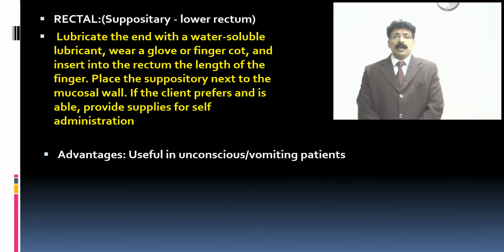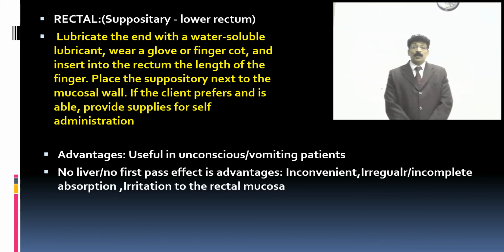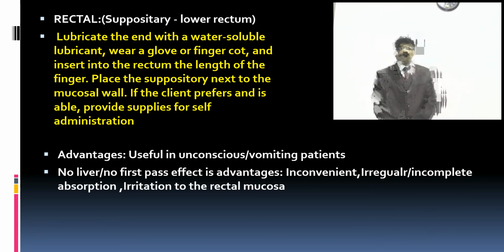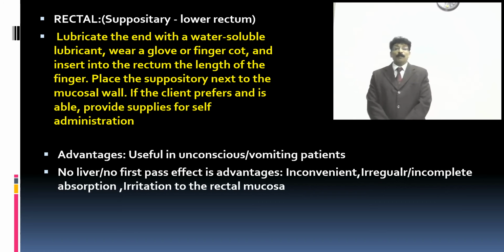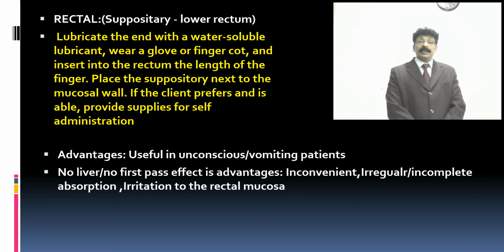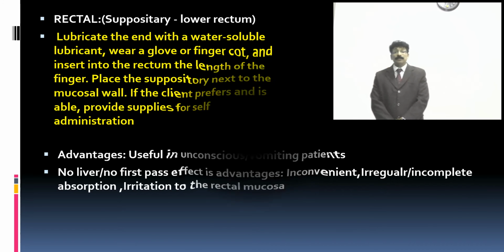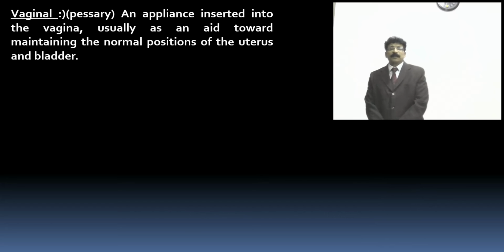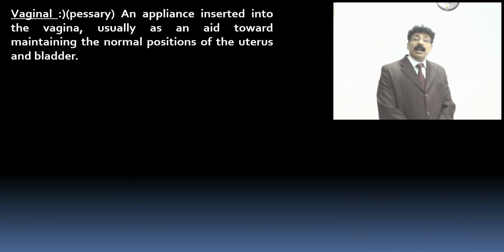Advantages: useful in unconscious or vomiting patients, no liver, no first pass effect. Inconvenient, irregular, incomplete absorption can be avoided. Even you can see irritation, sometimes irritation to the rectal mucosa, so you should avoid these types of drugs. That is a disadvantage. Vaginal pessaries, we have seen the pessaries picture, and an appliance is inserted into the vagina,